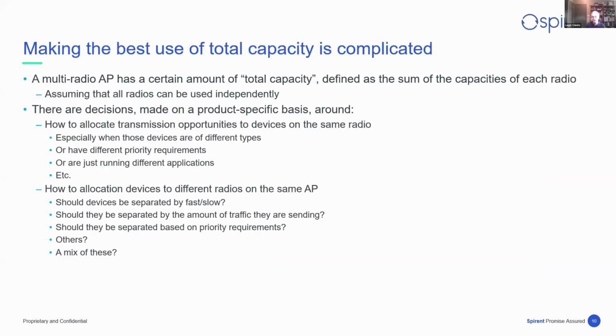So the table that I'm trying to set here for Tim is to just make it very clear that making the best use of the capacity of an access point is a pretty complicated question. There's a certain amount of total capacity, and then it has to divide it up. There's a bunch of channels. It needs to decide which users should be on which channels. Should that be based on whether they're fast or slow, how much traffic they're sending? Maybe some are high priority traffic. Is it some complicated mix of those? And then even within a given channel, what do you do when some are fast and some are slow?